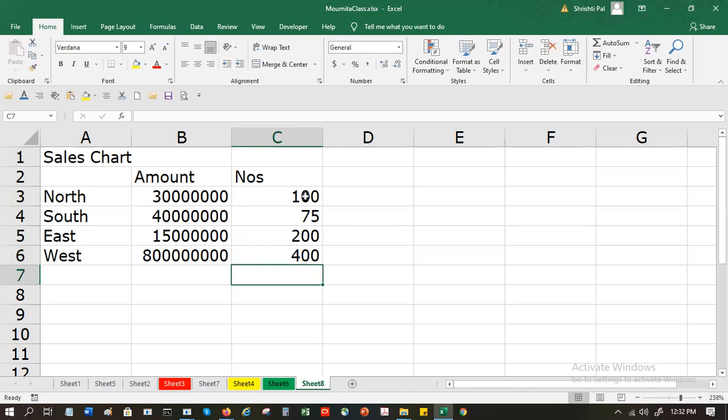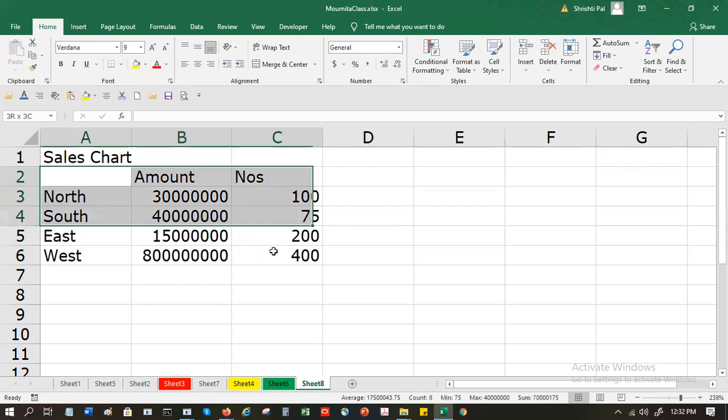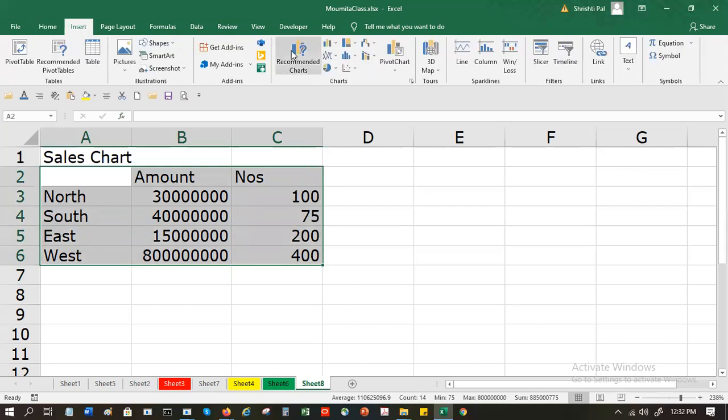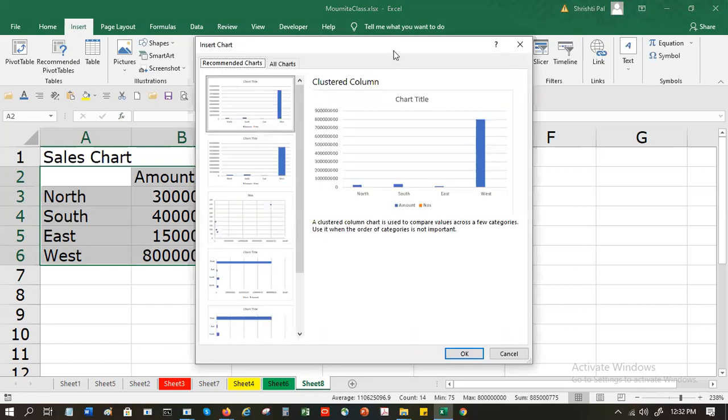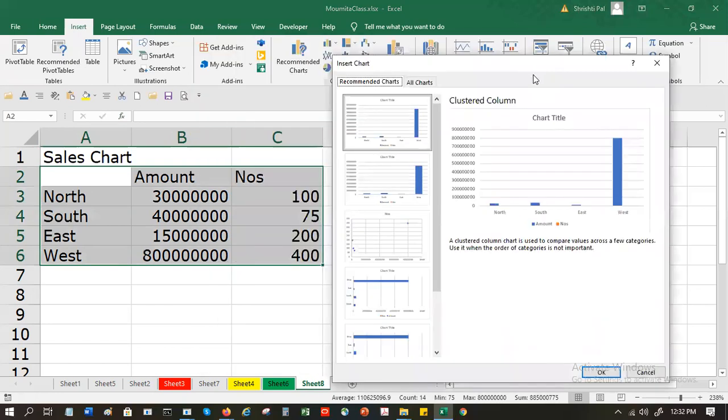If I were to show this in a graph, how will it be? I will create a graph. I will highlight this, go to Insert, Recommended Charts and it will show me the chart like this. Suppose I have this.